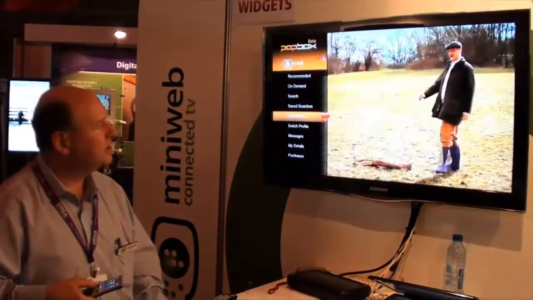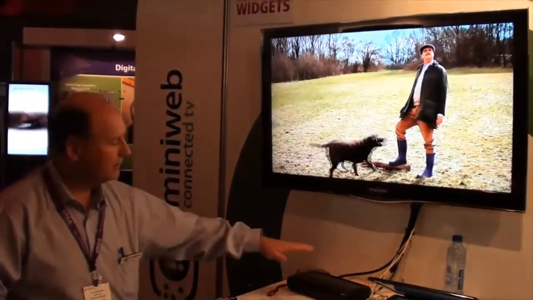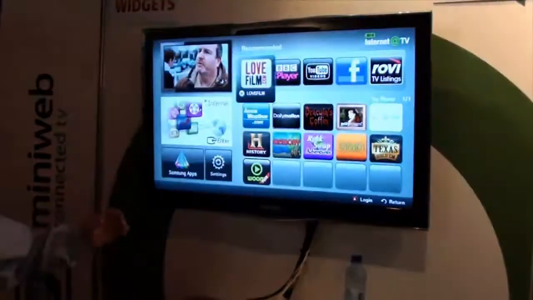Now, what I'm going to do is, while we're watching with the main user experience on the Popcorn box, I'm just going to switch remote controls and move to the Samsung remote control. So the TV itself is connected, so the set-top box is connected and has our system as the main interface. On the Samsung TV, if we press the Internet at TV button for Samsung, what you find is that what